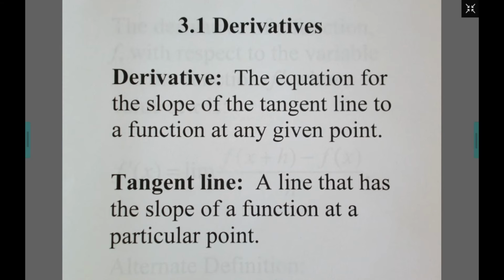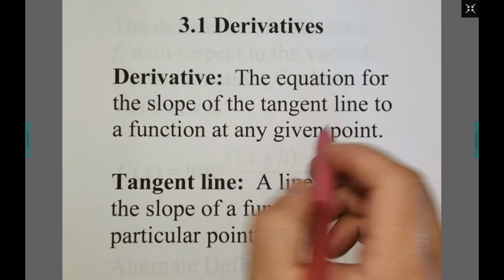Okay, 3.1 deals with derivatives, which probably is like the biggest thing in calculus. We got three definitions here. Two of them we already know. The first one is new though. So a derivative is going to be the equation for the slope of the tangent line to a function at